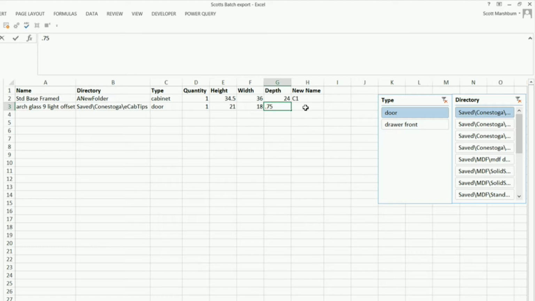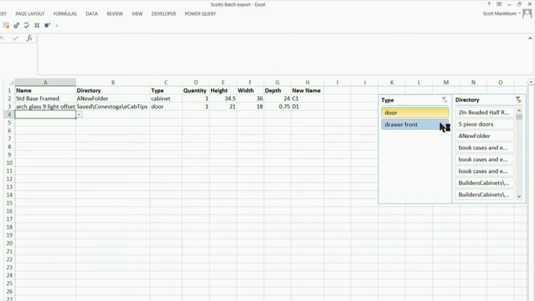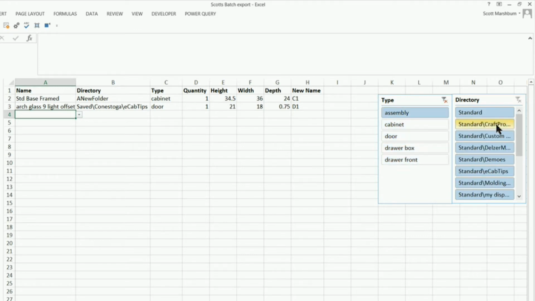Okay, now let's give this one a name. I'm just going to call this D1. And let's try another. Let's try an assembly here. Let's come over here and let's clear you out and clear you out. Let's select assembly, and right here standard eCabinet tips,